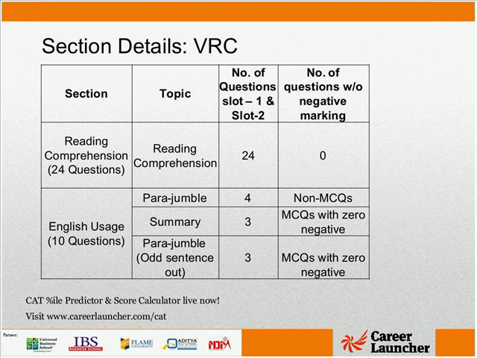One thing that I noticed when it came to parajumbles and the parajumble odd sentence out is, I personally felt that one of the parajumbles should have been the parajumble odd sentence out, and one of the parajumble odd sentence out should have been a parajumble. Because very clearly, I made it a 5-sentence parajumble, and I was about to type in the answer when I realized the question is saying find the odd one out. So that confused me for a second.